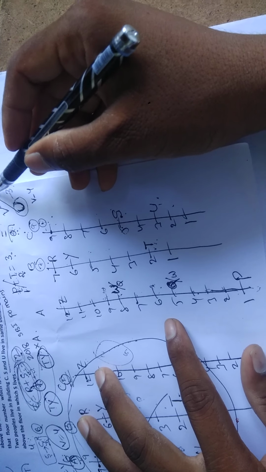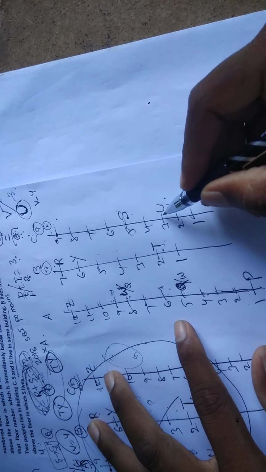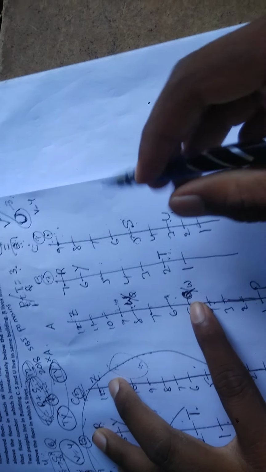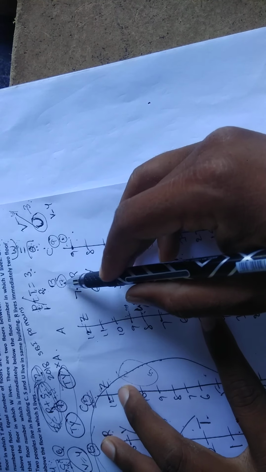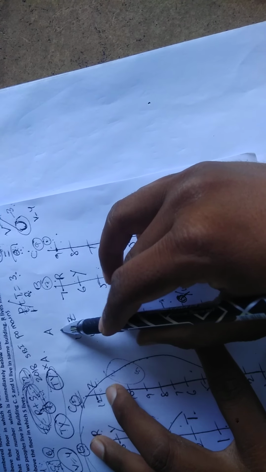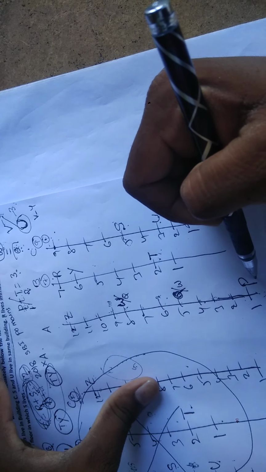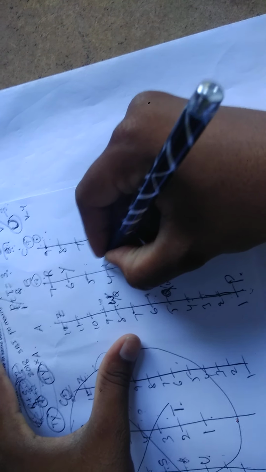V is in the 4th floor. Next, U is in the 3rd floor. Now friends, see here. U is in the 3rd floor. Now see here, for V there is a chance to take here. Building C, no chance. Why? Because building C's 2 members are completed. There is a chance to take building B or building A. But building A's 1, 2, 3, 4 members are completed. That means for V building A has no chance. The only possibility is what? Building B. That means V lives in the 4th floor.